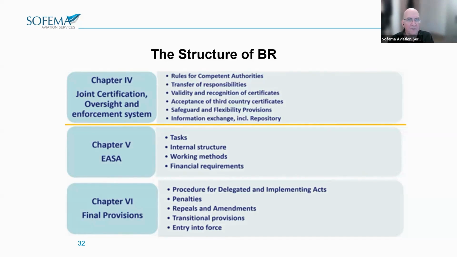Chapter 5 is all about EASA. These are the high-level requirements for EASA: what its role and purpose is, the tasks that it carries out, its responsibilities, methods, and how it's financed from the European Union. Chapter 6, final provisions. This is the legal statements about the powers delegated by the European Parliament to the European Commission to enable them to adopt aviation acts and implement regulations to ensure that the essential requirements of the basic regulation are both carried out and effective.